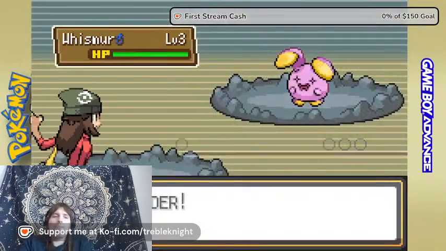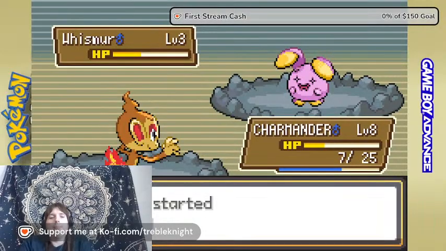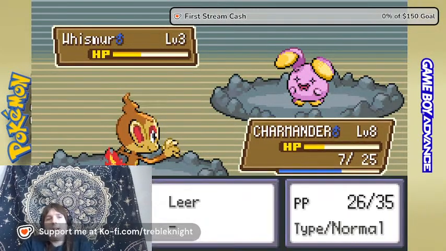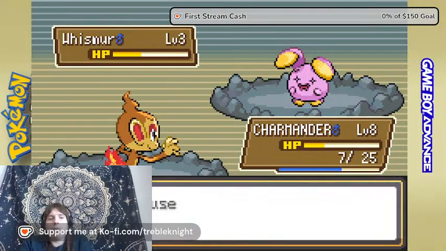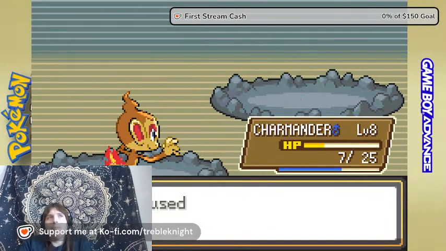So this means that ISFPs are going to be more expressive in their emotions, I think, than, say, an INFP. INFPs are definitely also going to be emotional, but I think INFPs are more likely than ISFPs to kind of conceal things.